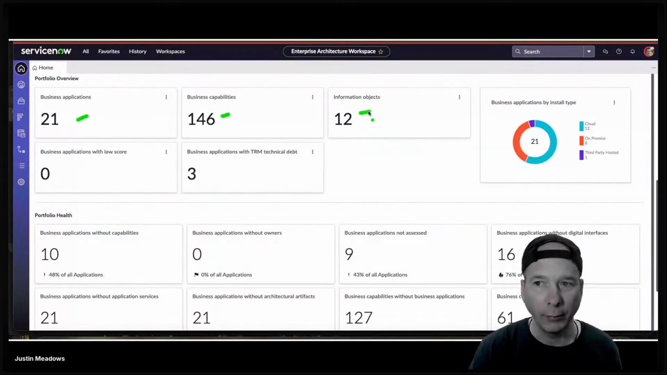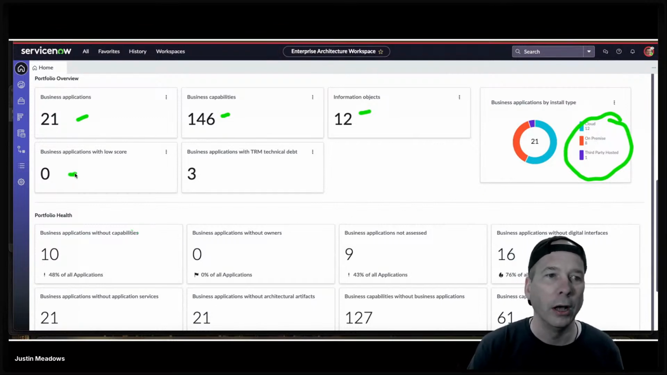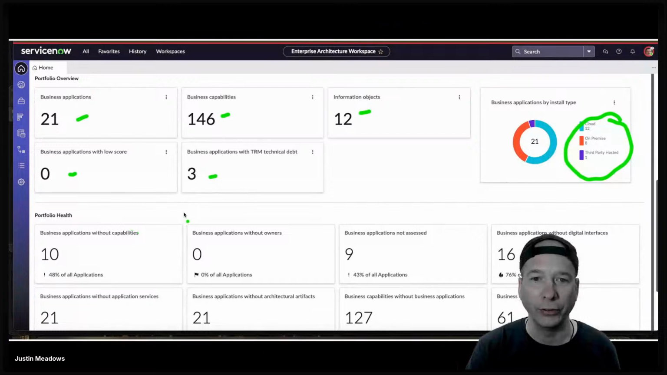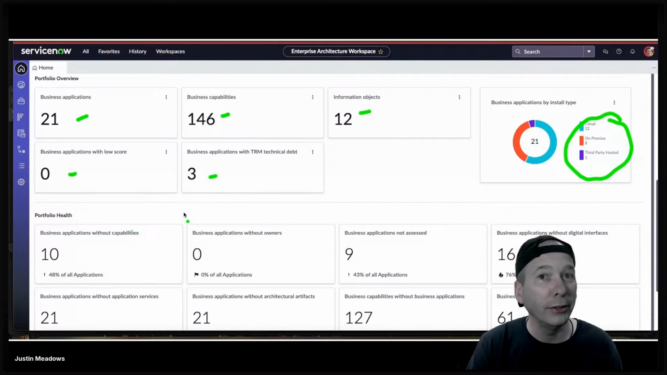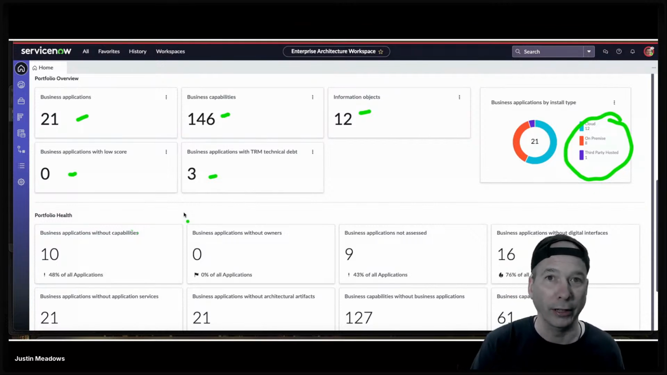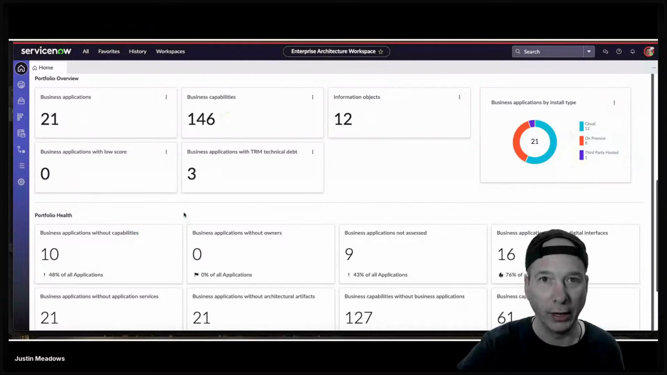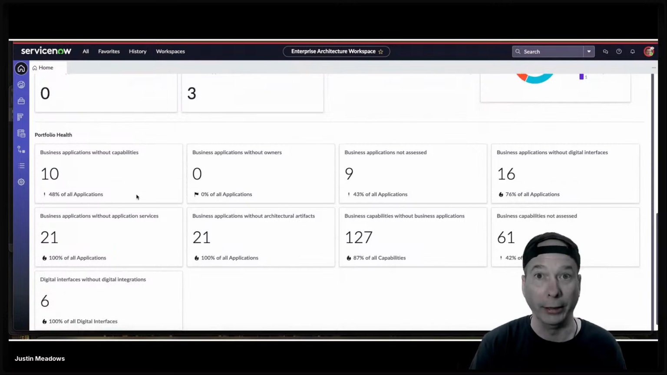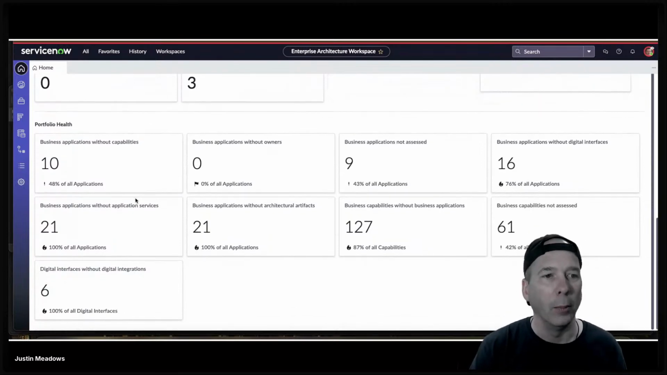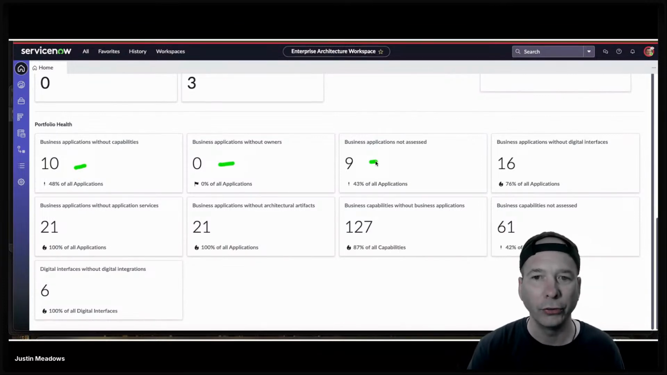Business capabilities, information objects, which we were talking about. Business applications by install type, they're above my head. So what's in the cloud, what's on premises, what's third-party hosted. Business apps with a low score, business apps with TRM technical debt. Okay, technical debt is things that are out of warranty, out of support, and so therefore they cost when they break because we don't have a way to engage support for those things, or we're paying extra for extended support maybe. Portfolio health, we've got business applications without capabilities, without owners, or business apps that have not been assessed,